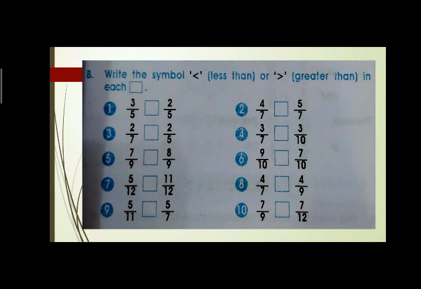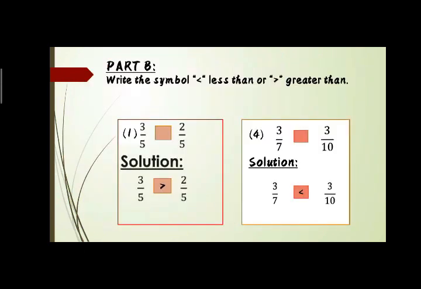Now move to the next exercise from the same page, exercise number B of your textbook, and the page number is 37. Question: write the symbol less than or greater than between these pairs of numbers in the empty boxes. Now, same, recall your memory, you notice here the denominators. Yes, the denominators are the same. So we say it is which type of fraction? It is a like fraction. On the basis of the denominator we say it is a like fraction.